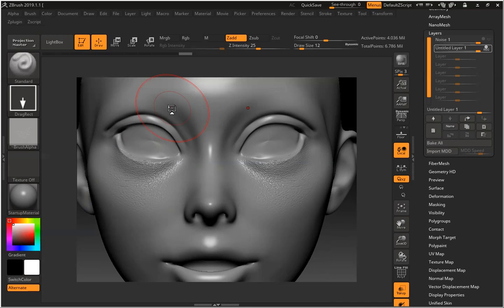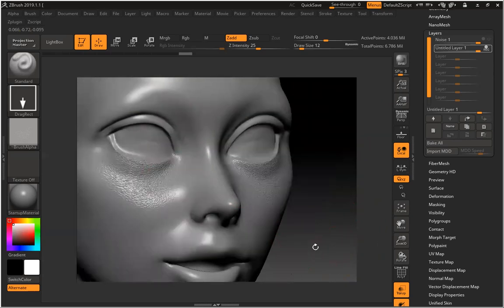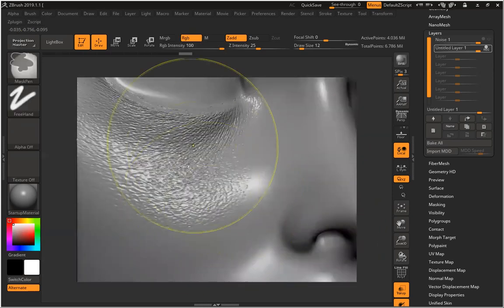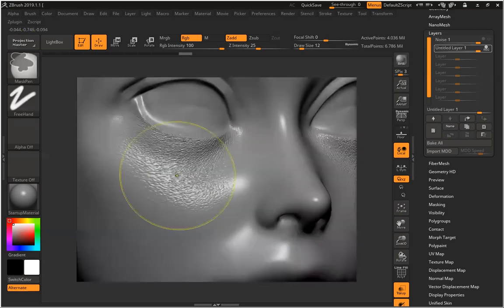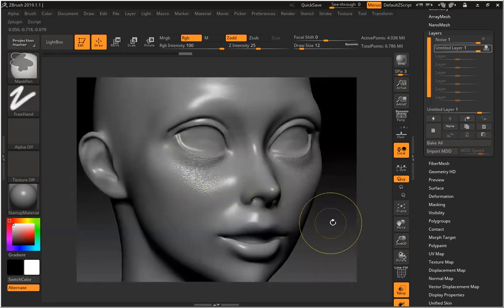So alpha, this is what I prefer personally because this gives me better results and I have entire control over it in the layer also. And plus all these alphas are very high quality and great detail. You can see manually creating this would be very difficult. So they're very good quality.